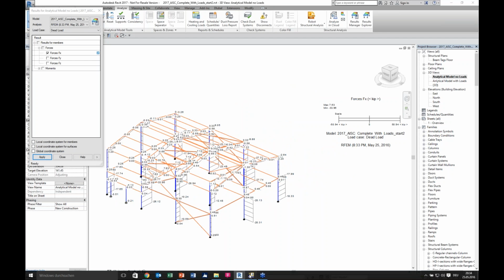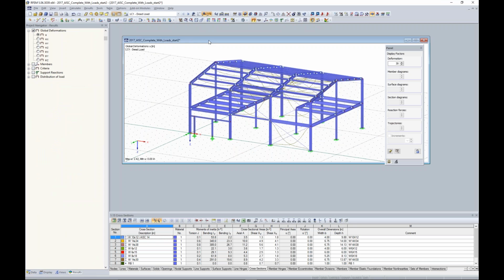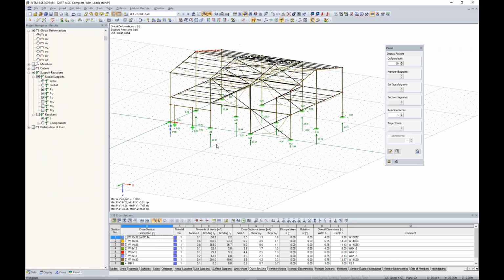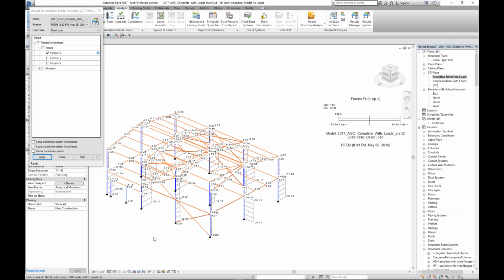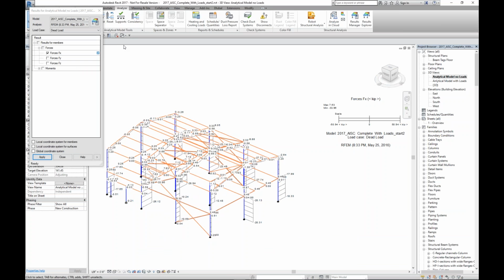Let's see what we have here in our software. So 26.12, and here we have also 26.12. So if you want to, you can just automatically get the results imported in Revit and updated. Yeah? Okay,